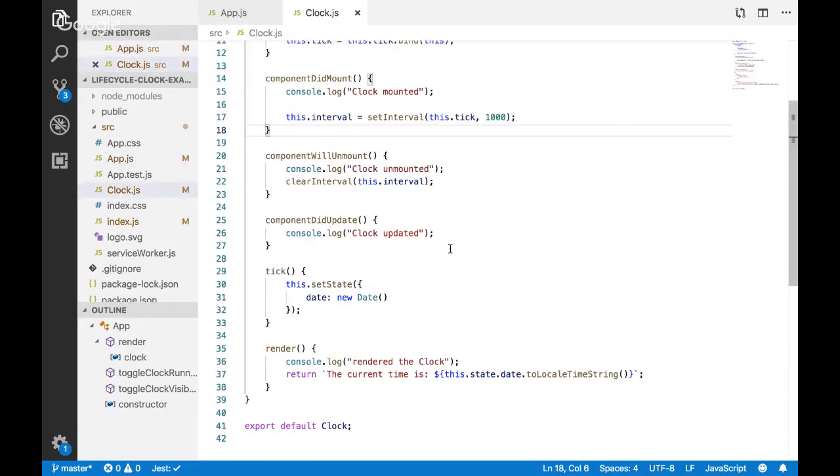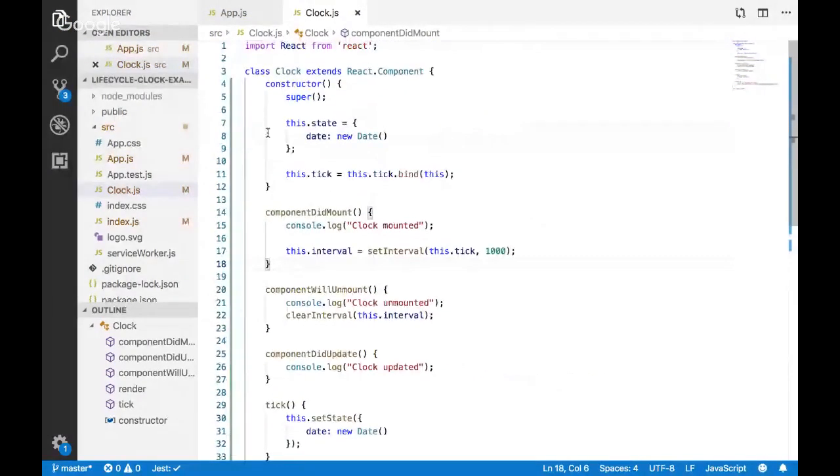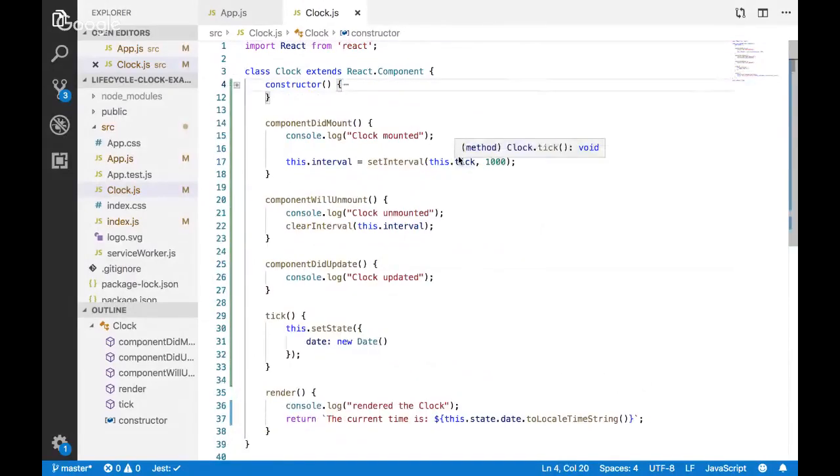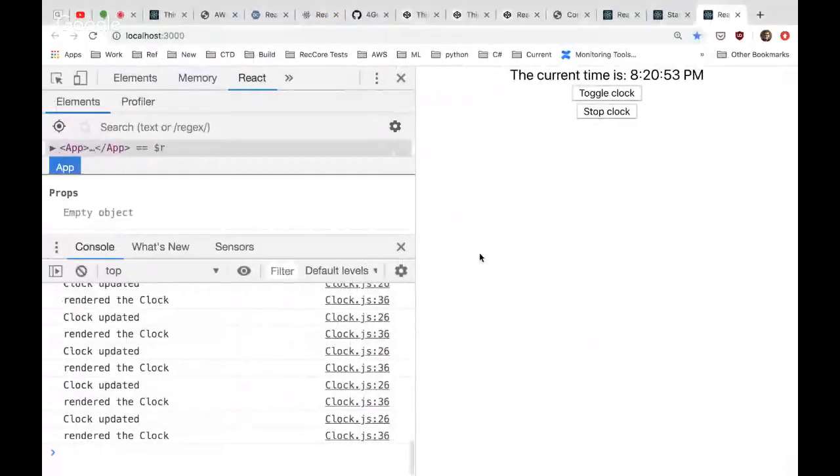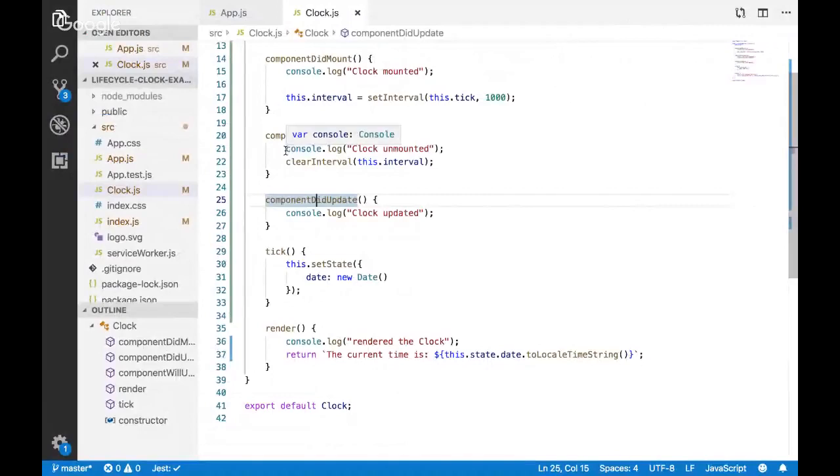And now I can go into my clock component and start adding some logic that stops it when that value is false. But this is where we're going to start getting into, how do I know that that value changed? What do I do with that? Well, let's go back and look. I'm going to get rid of these, or no, I guess I'll leave this. I do want this.